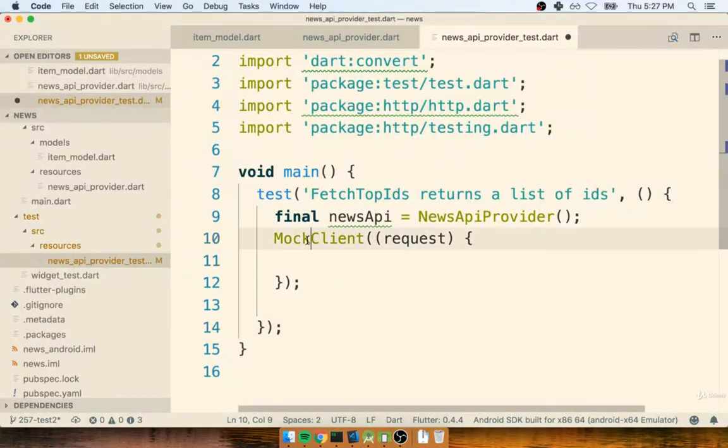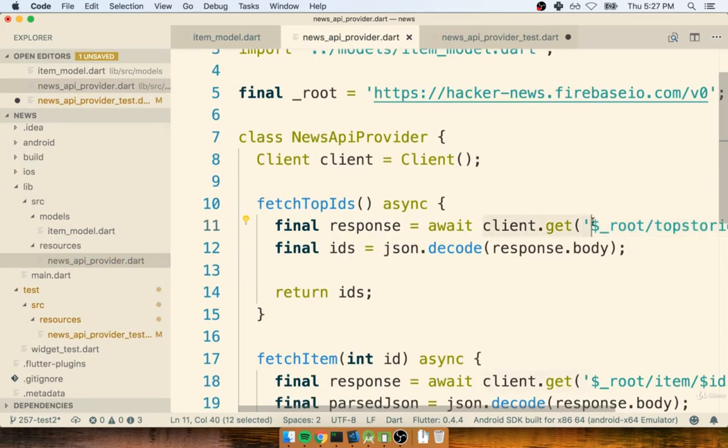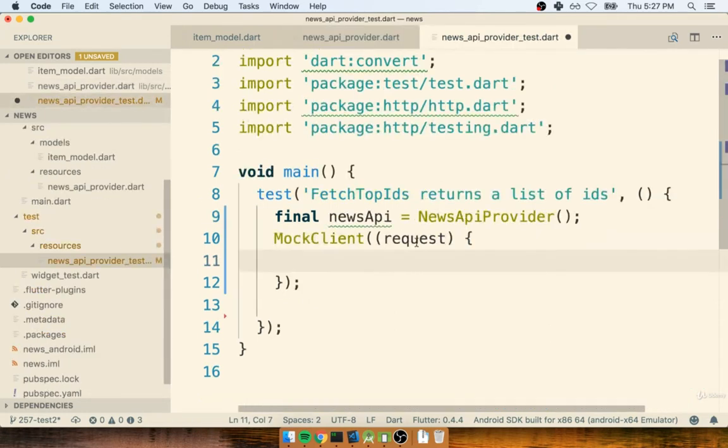In the last section, we started putting together our mock client instance right here. Again, this function is going to be invoked anytime our code tries to create an AJAX or HTTP request. So whatever we return from this function will be what our code thinks it's getting back from that outside API. What you and I have to do inside of here is return some amount of JSON